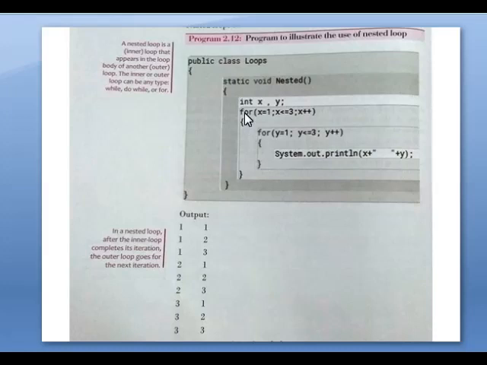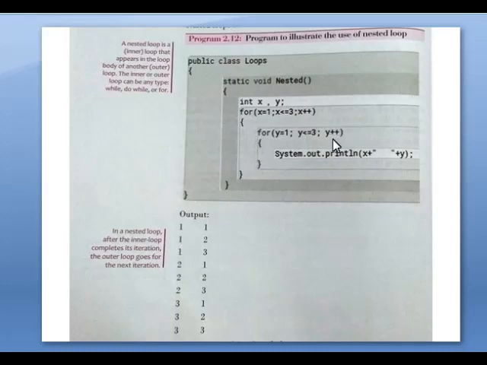First what we will do is x equal to 1, x less than or equal to 3, x plus plus. Then we have y equal to 1, y less than or equal to 3, y plus plus. The initial value of x is 1, then we come inside this inner loop. So x value is 1, then y value is 1. Here we check 1 less than or equal to 3, yes, the condition is true, so we print the value of x and y, that is 1 1. Now y will increment the value, and x value remains 1.